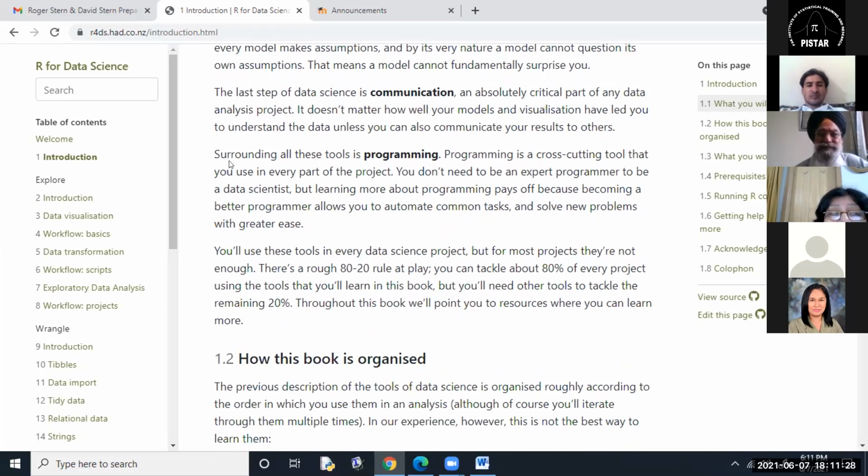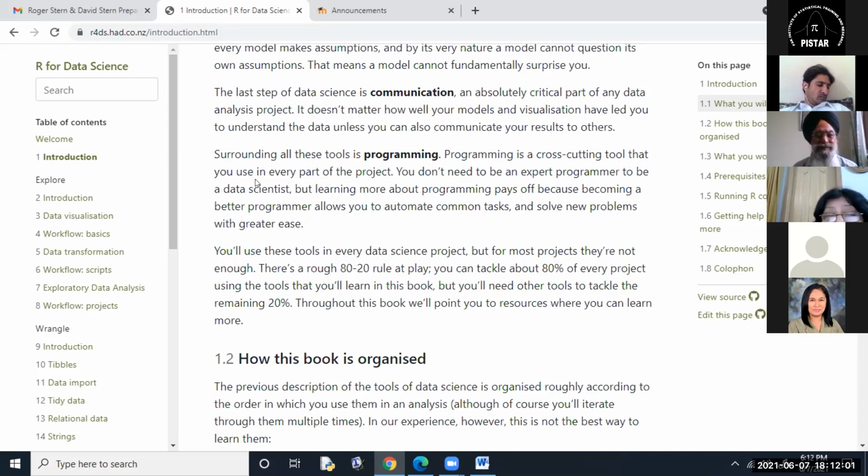Surrounding all these tools is programming. Programming is a cross-cutting tool that you use in every part of the project. You don't need to be an expert programmer to be a data scientist, but learning more about programming pays off, because becoming a better programmer allows you to automate common tasks and solve new problems with greater ease.